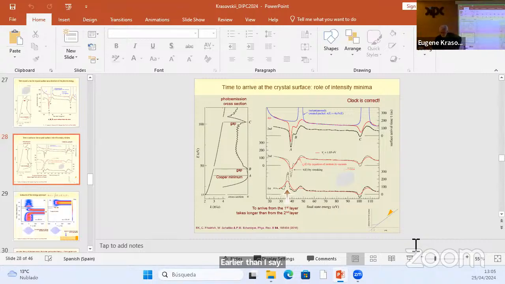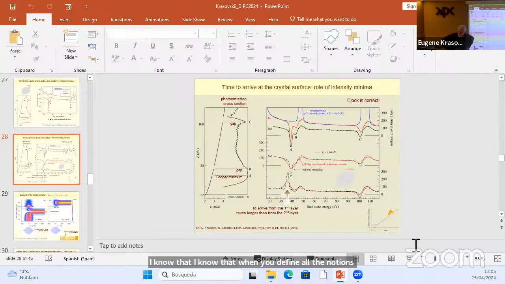Not to this one. I know that when you talk about it in a polite form, when you define all the notions very clearly, very relaxed, then all these things disappear. This is what I like. What I kind of would expect, and so maybe, if I may, this delay